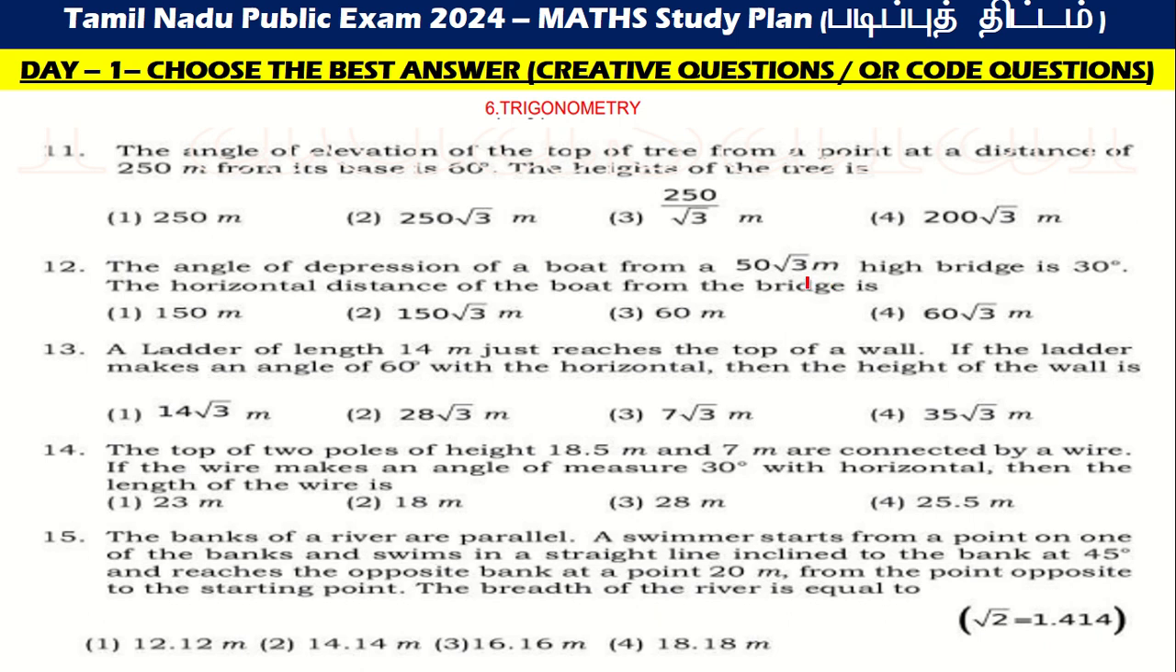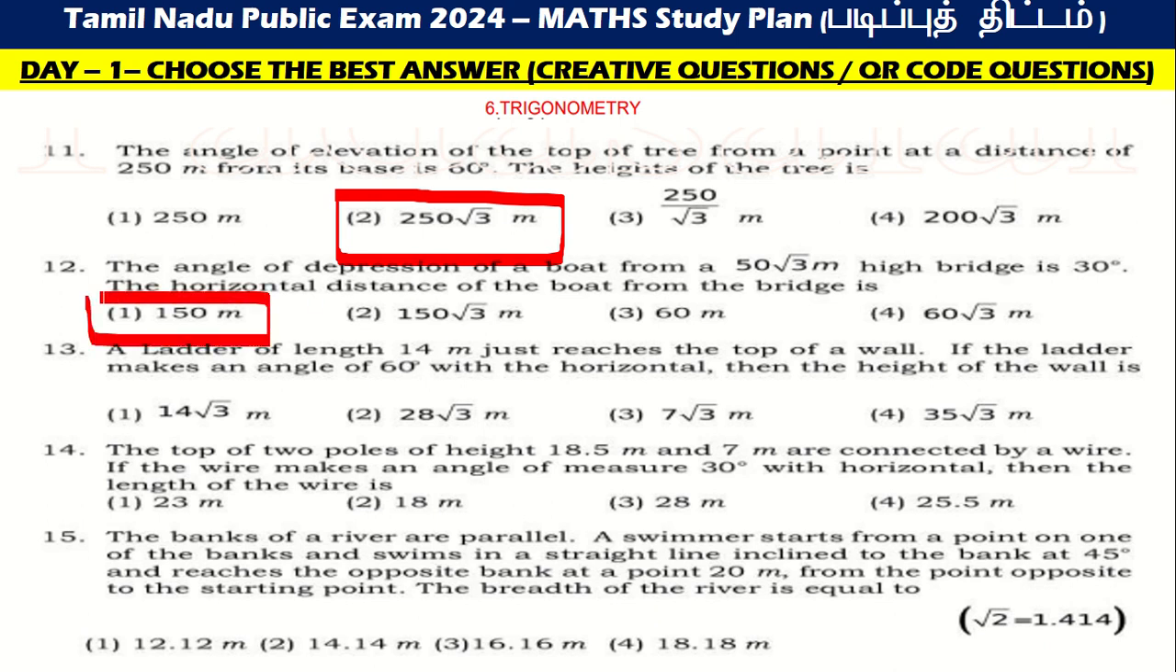The 11th one, the angle of elevation. So that answer is 250 root 3. Next one, angle of depression, if it comes, then the angle is 15 degrees. Then the ladder of length 14 meter means 7 root 3 meter. The top of two poles of height 18.5, that means this is 23, and 15th